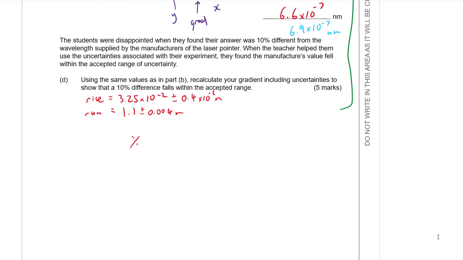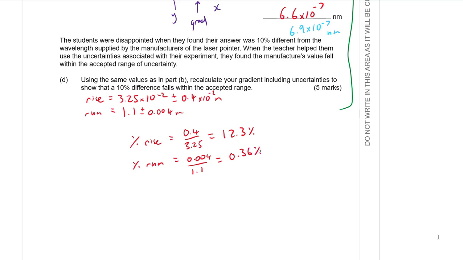Let's work out the percentage uncertainty of the rise. That's going to be 0.4 over 3.25, and I get 12.3%. And let's have a look at the percentage uncertainty in the run. That's going to be 0.004 over 1.1. You can see it's going to be a small number. And I get